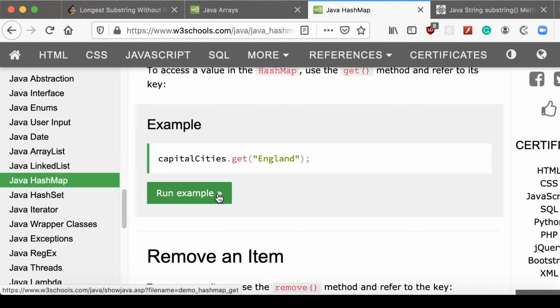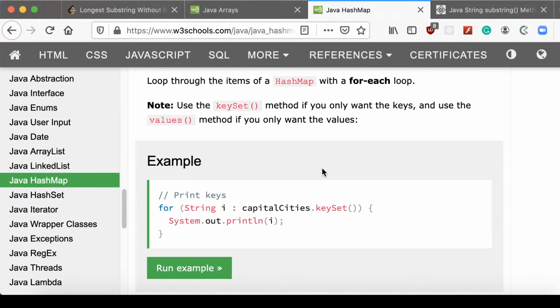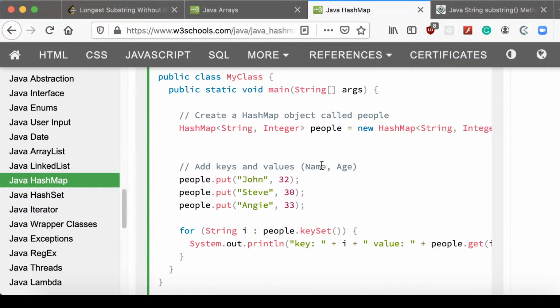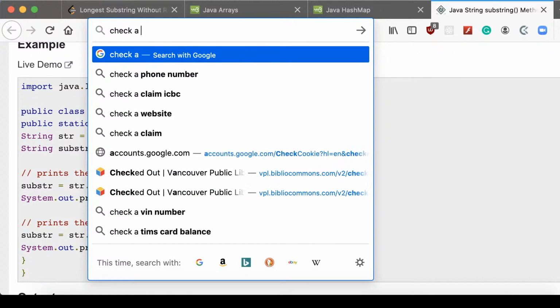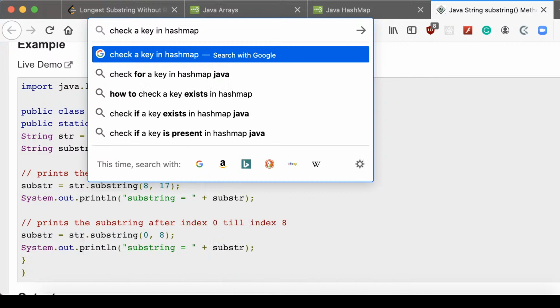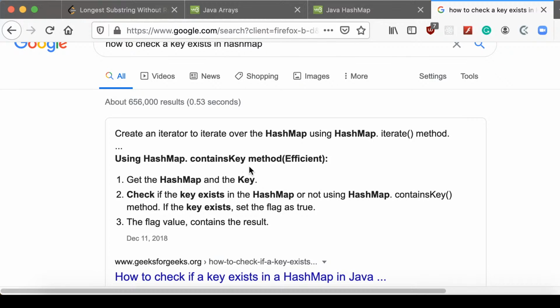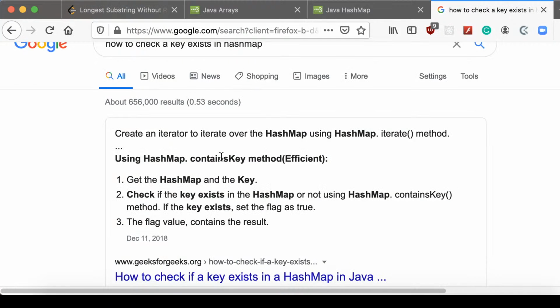The get method, to check whether the key is in the hash map, we have contains key. Okay, so if this index contains key,